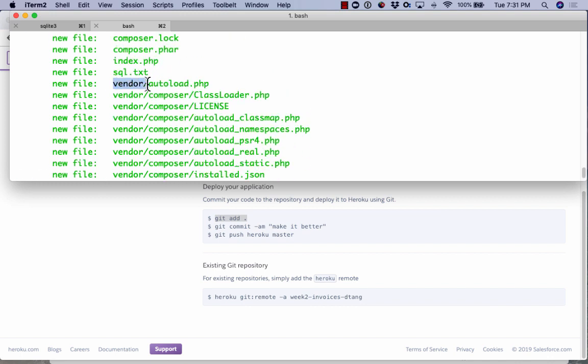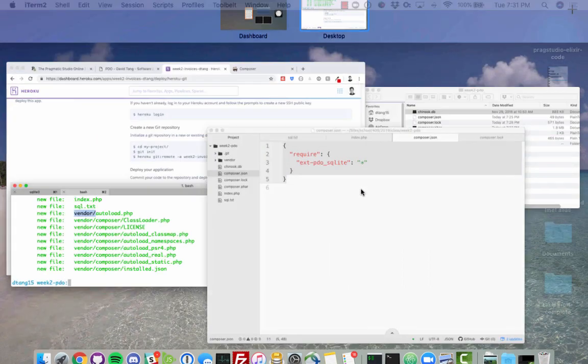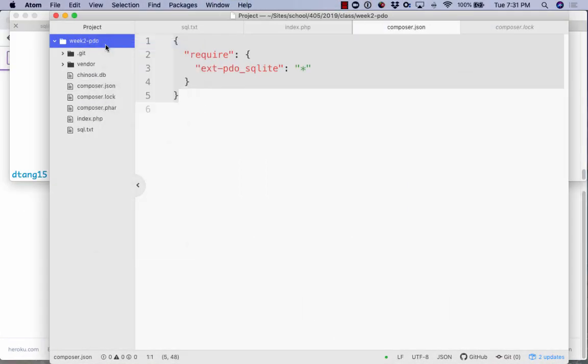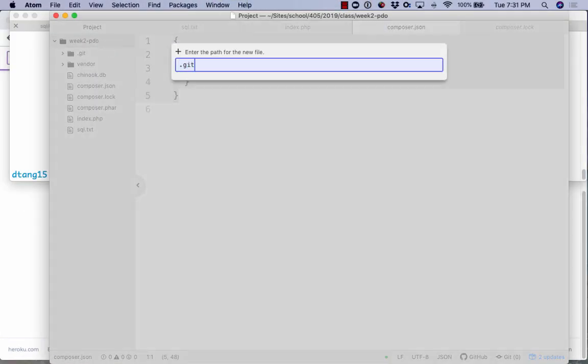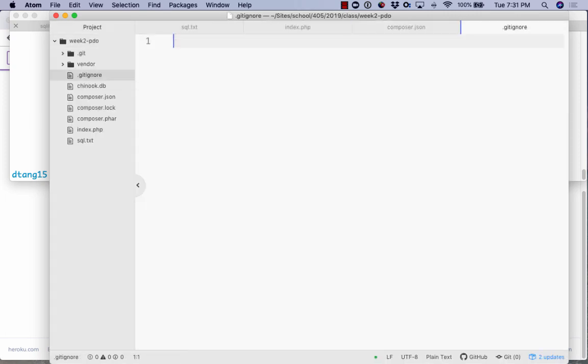Now I actually don't even need to commit these vendor files. We can ignore those because those get auto downloaded. As a good practice, you'll often see in projects a file called .gitignore, and then things that you can ignore from your project, like node modules if you've worked in Node, or just vendor for PHP. So I can just say vendor,